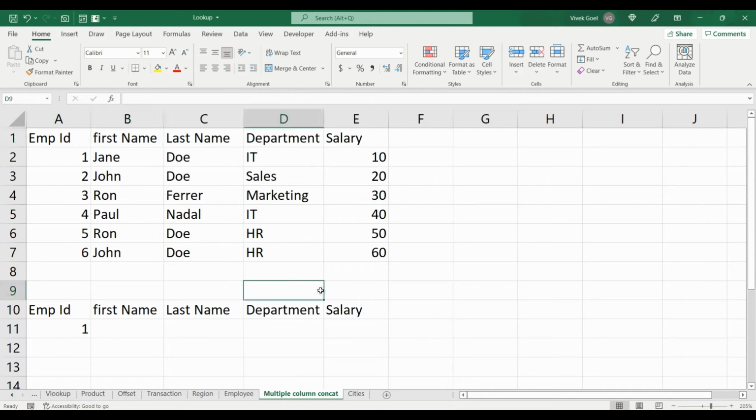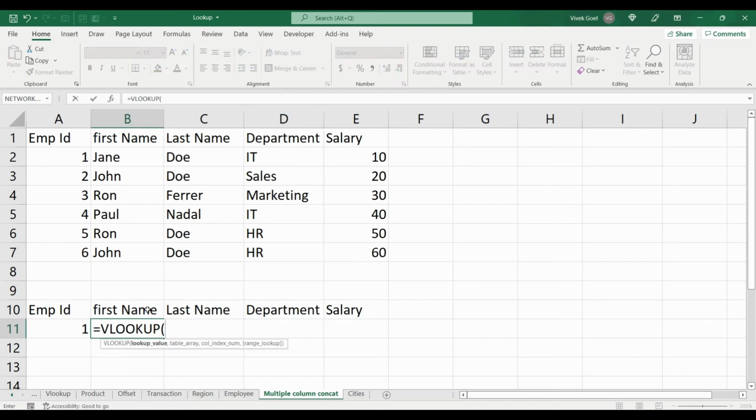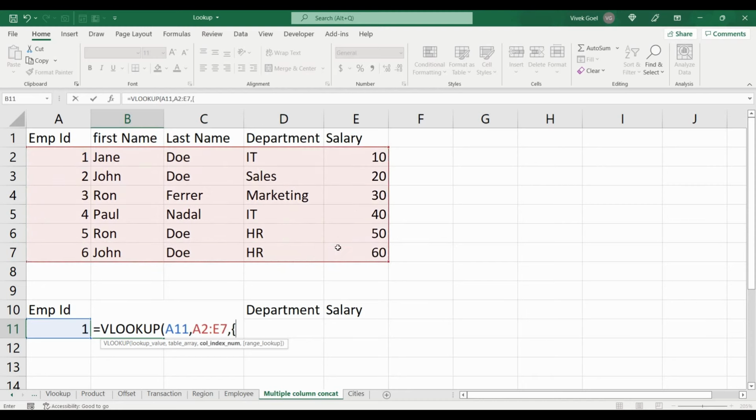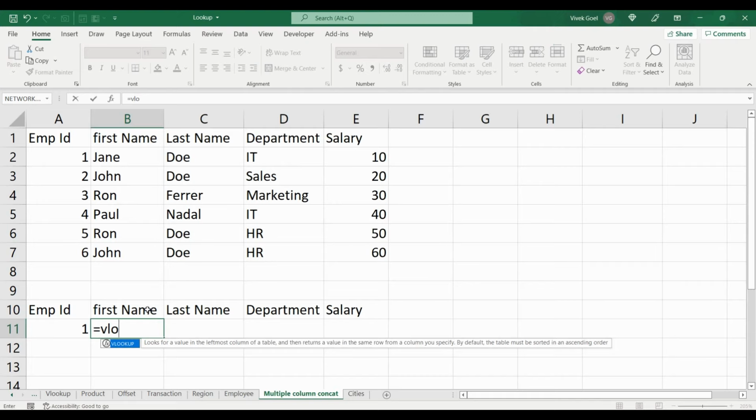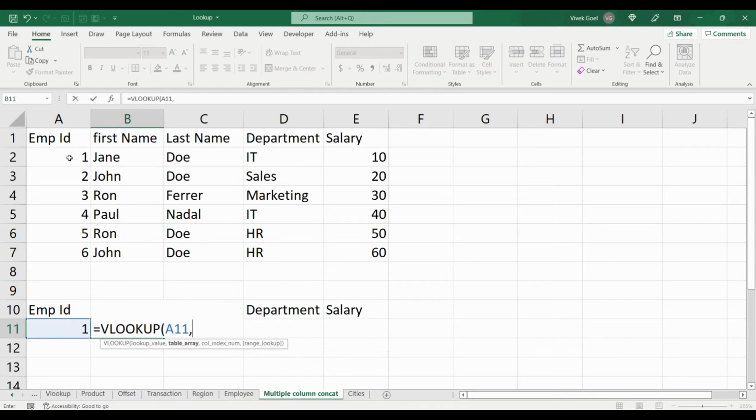Let's move on to another scenario and talk about returning multiple columns. Yes, we can also return multiple columns using VLOOKUP. If we want to return multiple columns, we just write the columns we want to return in curly brackets and we press enter and it will return all the columns. For example, here we want to return 4 columns on the basis of our employee ID. So we will select 1 as our lookup value and we will select this entire range as our table array.